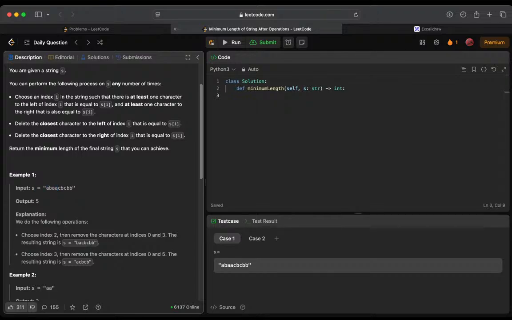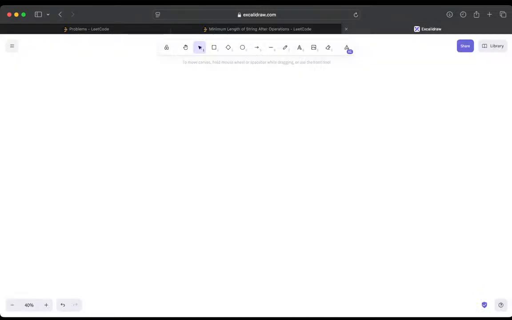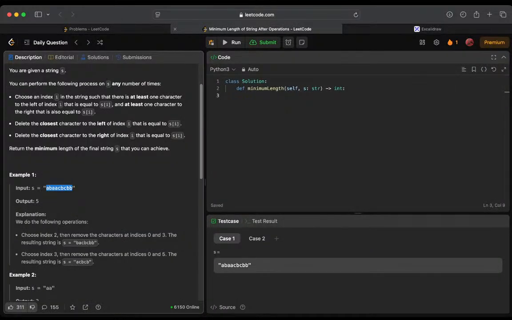Like let's say here we have index 2. We need to delete this A and this A. So we will be remaining with only one. And we need to return the final length of the string. Okay, it's a fairly easy problem if you know what the logic is about. So let's say I copy the string here